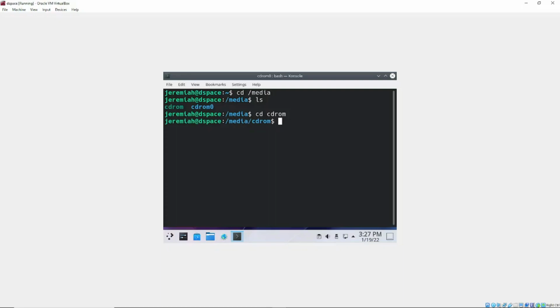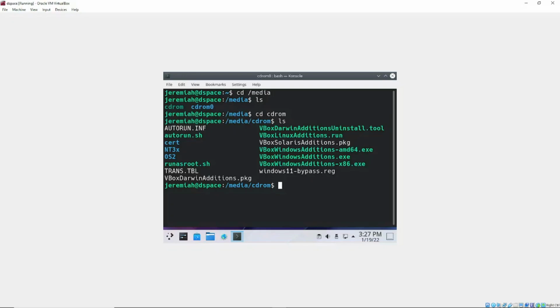We're going to run the ls command, the list command, and you'll see that the VBox Linux Additions run is here. We need to run this. And actually, the reason why we couldn't do it before in the GUI was because this was not set up as an executable file, and you could change permissions to do that, but I don't know how to do that in the GUI. I know how to do it in the command line, but not the GUI. But we're not even going to have to bother with that right now